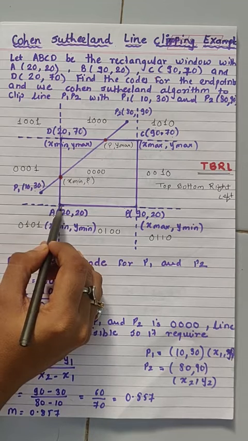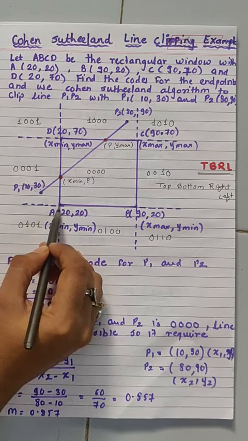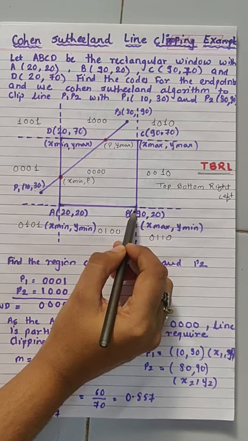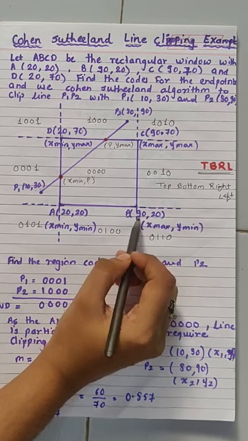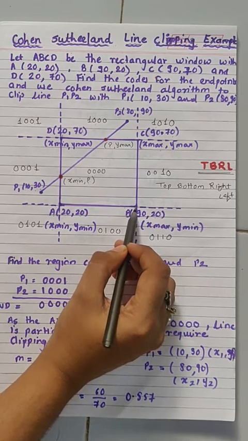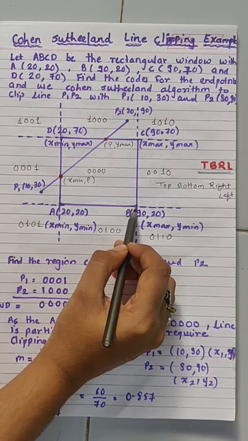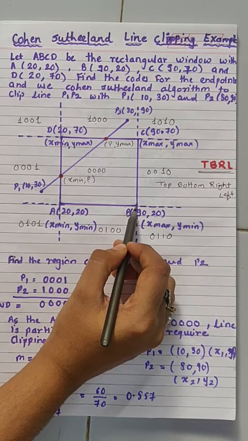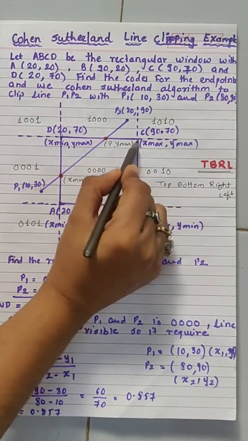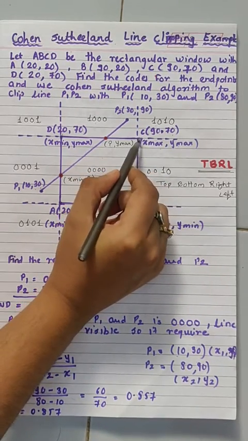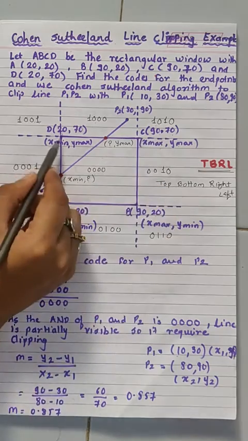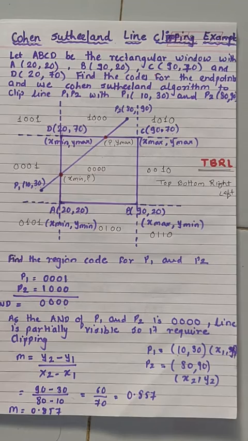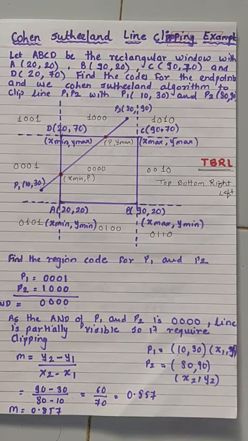The next point is B. B is 90, 20. Obviously the x is going to extend toward this direction, and we will get 90, 20 somewhere here. Similarly, if we observe the C point, its value is maximum for both x max and y max, so that will be the right corner of the window. It will be this point, and similarly we will draw the point D. So these are the screen coordinates, and we get a rectangular screen over here.